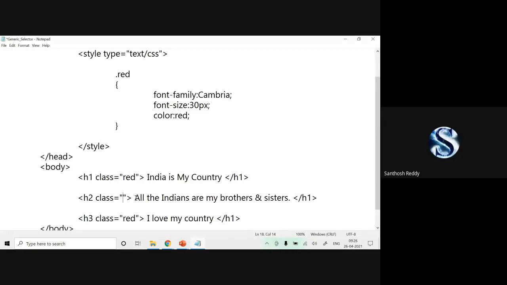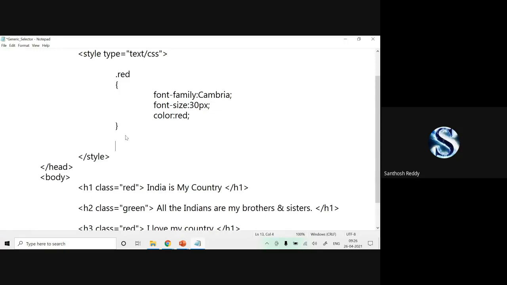Suppose H2 class is equal to green, I'll specify dot green.